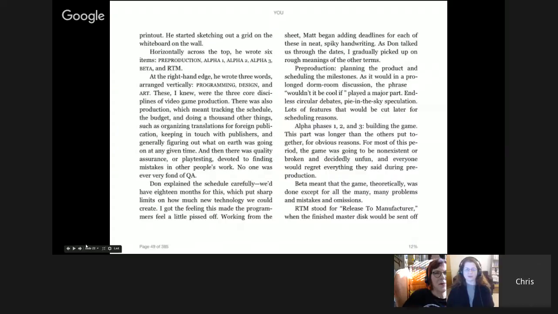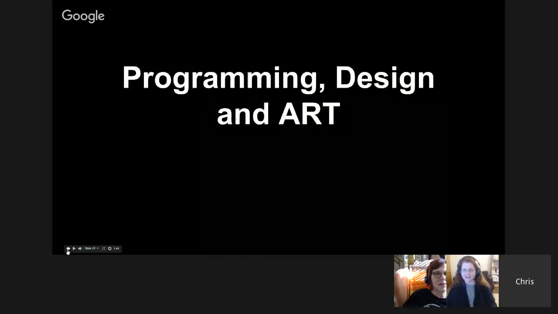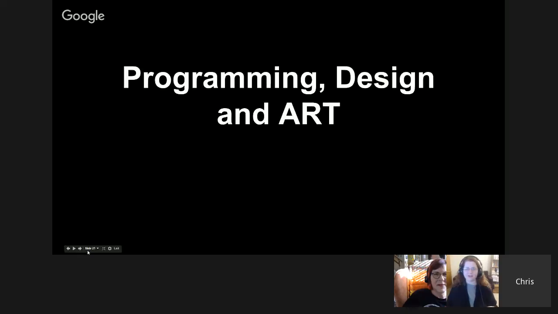And that's what I really like about the book. I like the fact that the book gets it right and gets it out there in front. It lets you know that you have your choices of programming, art, and design, and it gives you an idea of what these different things are.